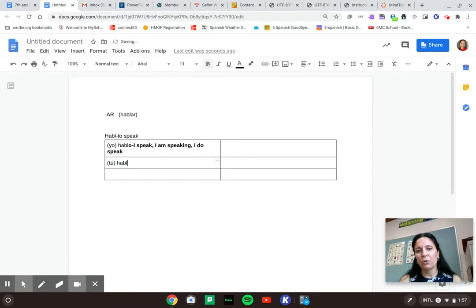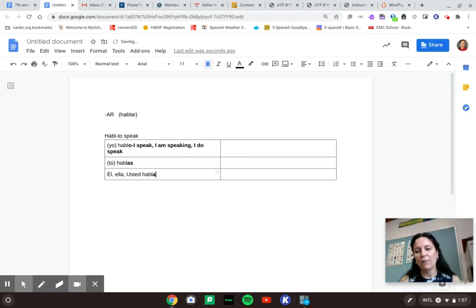And the ending for the tú form for an AR verb is AS. So anytime you have an AR verb and you want to change it to you, you can just take off your infinitive ending and add AS. Some are irregular in Spanish, but for the most part, there are many regular verbs. Then we need to put the subject pronouns él or ella or usted. Usted is you formal for the third person, because it could be so many different people. We do have to identify the subject pronoun. And for that one, we're still taking our infinitive, our stem. We call it a stem after we take off the AR. And then we're going to add our ending, and that's going to be an A.